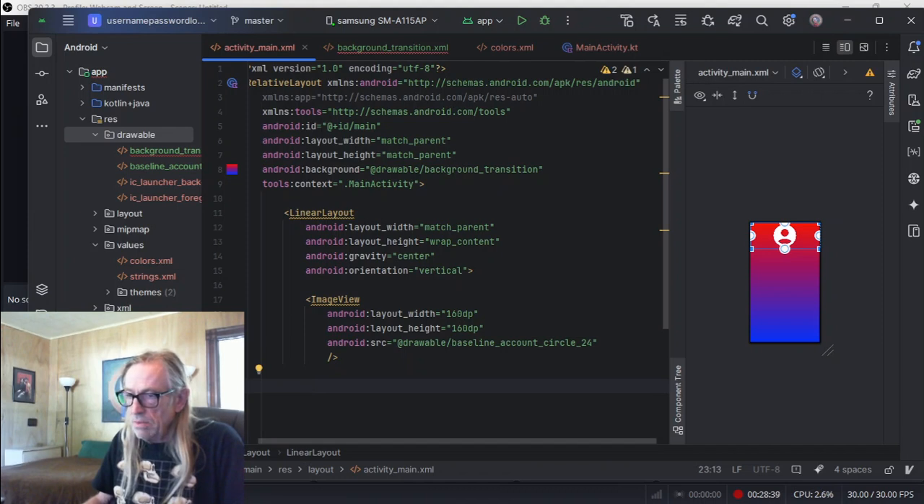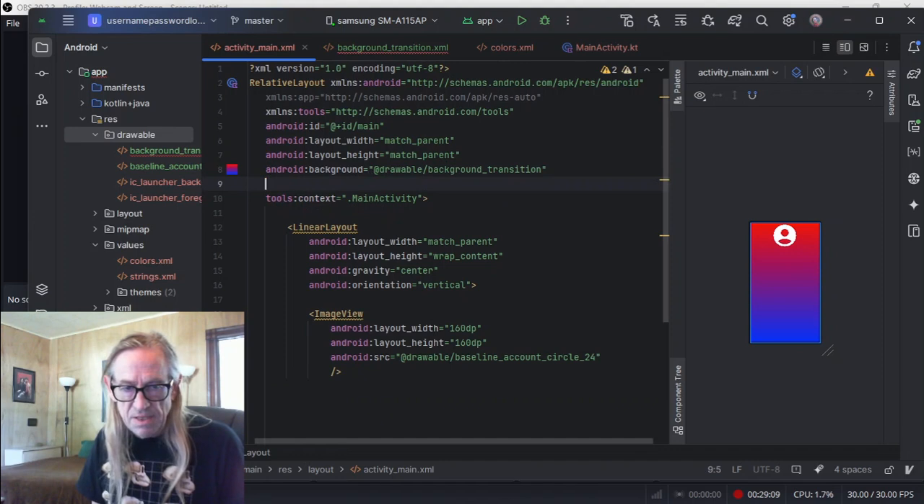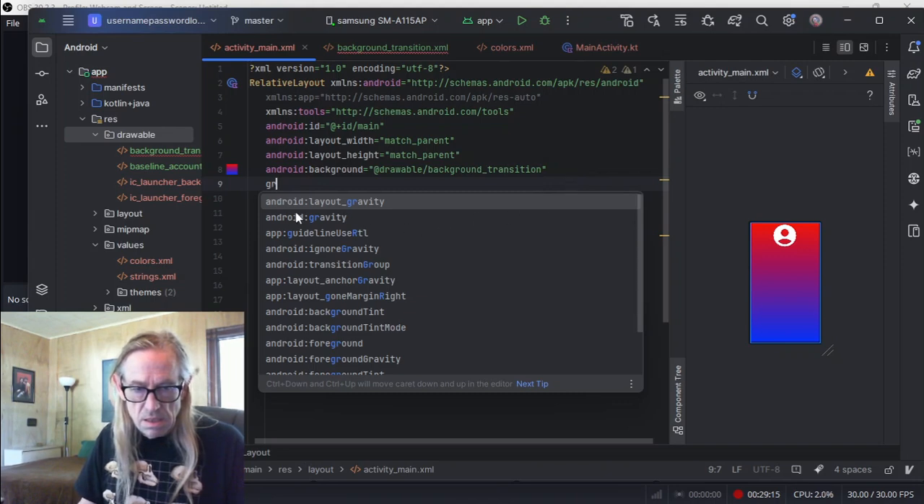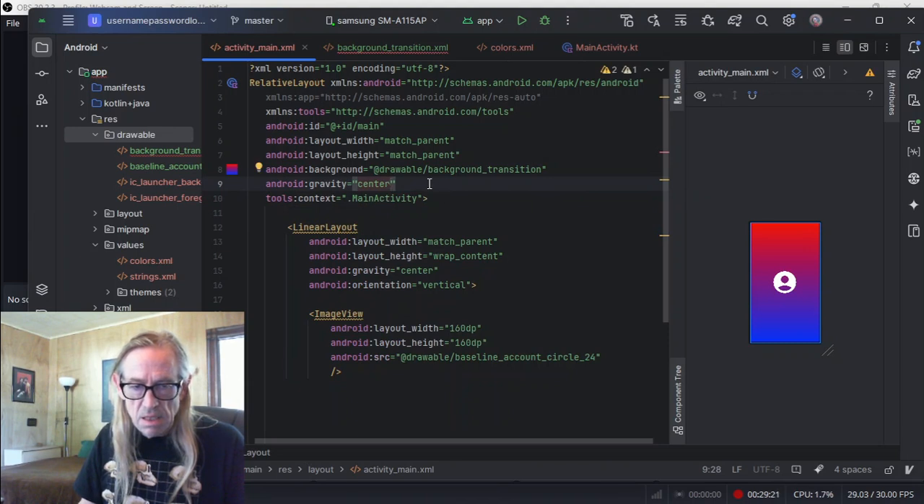Now the next thing we're going to do, did that. We're going to move this to the center of the screen, and since it is up here, we're going to park ourselves right after it and give it a gravity, an old gravity of center, and